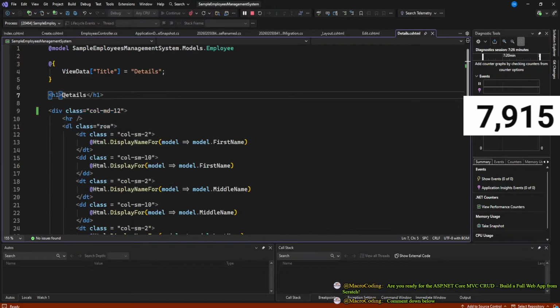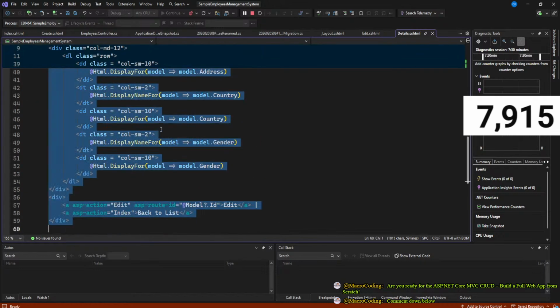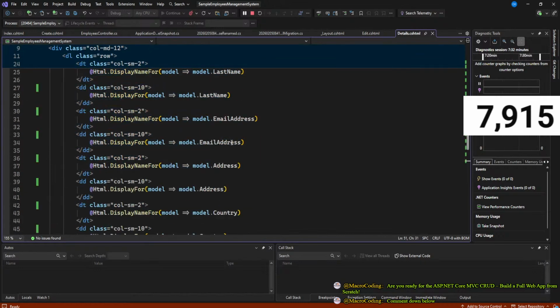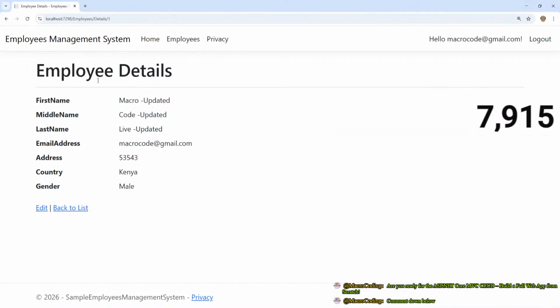Then you can say employee details. So if I just update this, you can see how our app looks like. We have the employee details. This is updated, and you also have these as